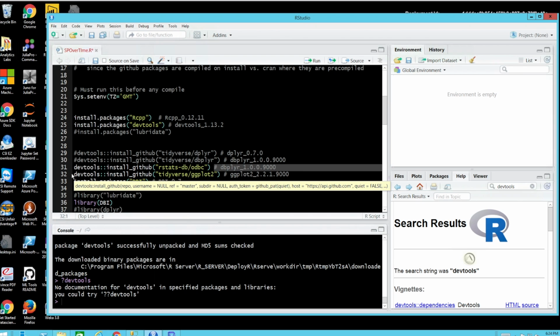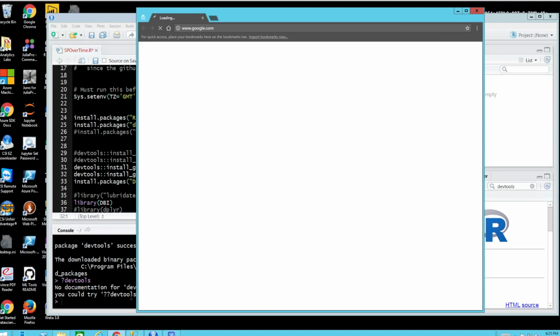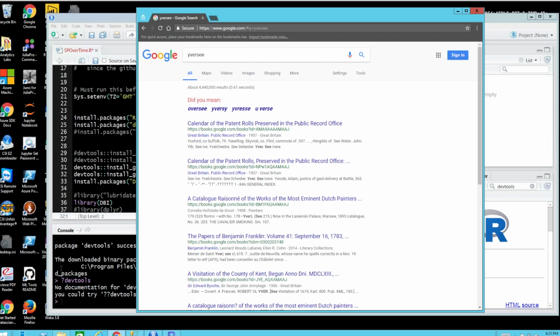But we're actually going to be installing some stuff, and I needed these versions because they have some features and functions that have not been updated to the CRAN repository yet. These packages are all put under a greater umbrella of packages and software called the Tidyverse, which we're only going to be picking and choosing. I completely misspelled that. We're going to be picking and choosing just a few